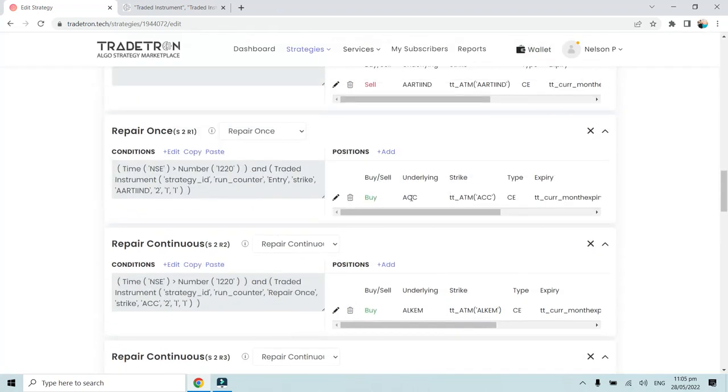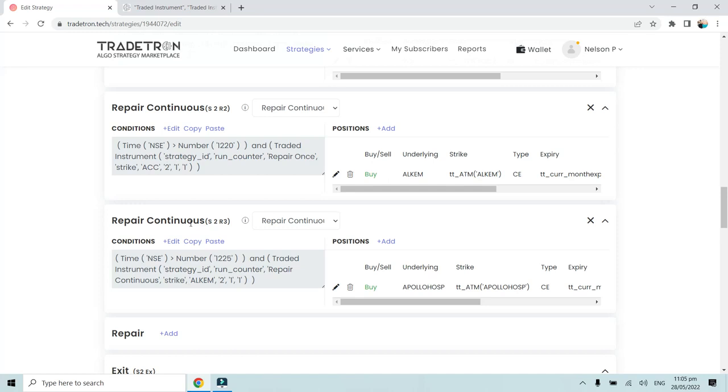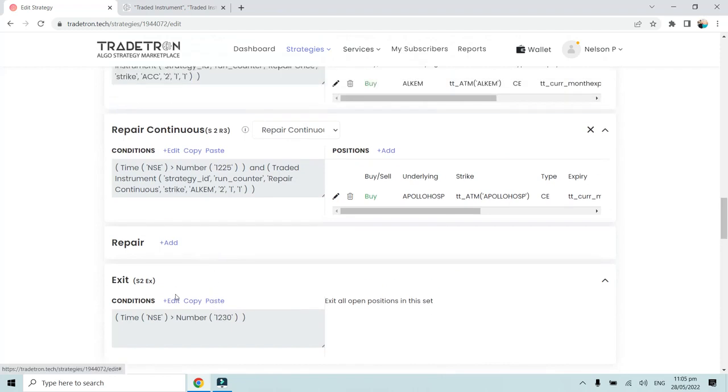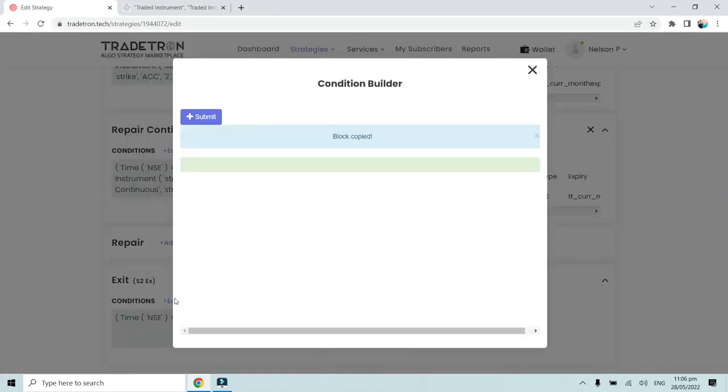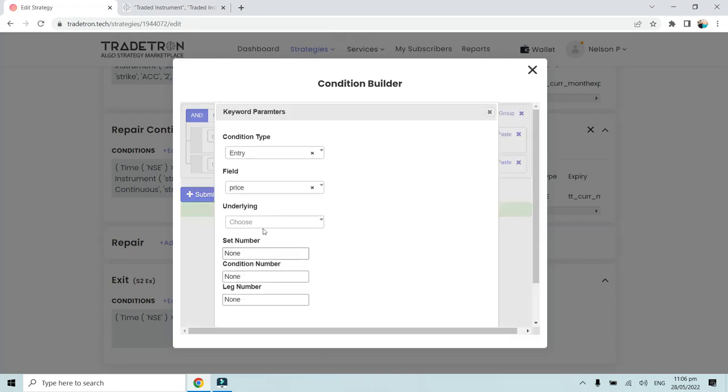Alright, so if we would refer to the first leg, that is this one, ACC, then we would have reference it to repair once, set number 2, repair once, condition number 1 and leg number 1. Alright, now if you want to exit based on this second repair continuous, right, only after trading, suppose Apollo Hospitals, then in that case what we will do is we will use second repair of the second set. So in this case we will use traded instrument, suppose traded, no, not this one, traded instrument, entry, strike, I will choose, no, not entry, this will be repair continuous. So repair continuous strike of